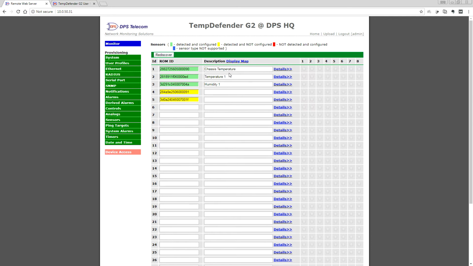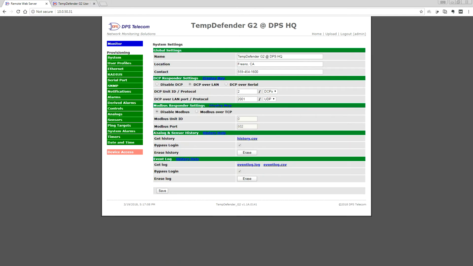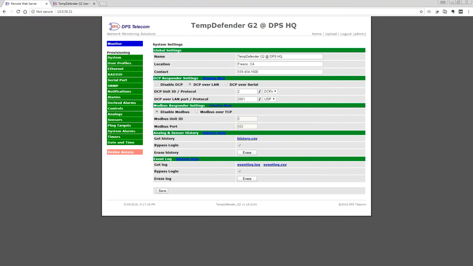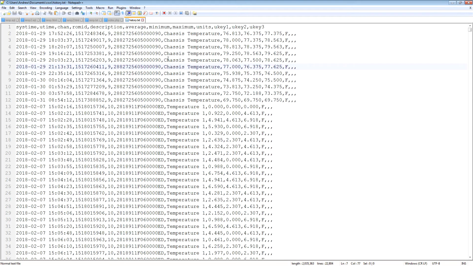So now that we have our sensors, and I've had this running for over a week to build up some history, let's go take a look at that history. You can head on over to System, and then Analog and Sensor History. You can get help if you like, but it's pretty straightforward. The CSV is right here, and if I click that, my web browser will give me the option to just save it. And I've actually got that downloaded, and you can see this is what a CSV would